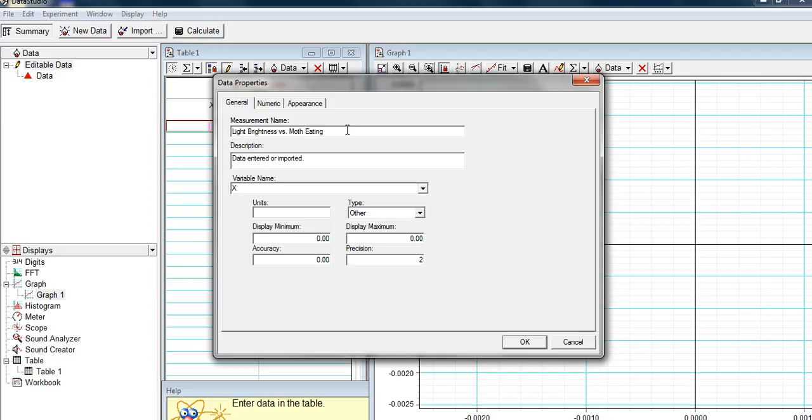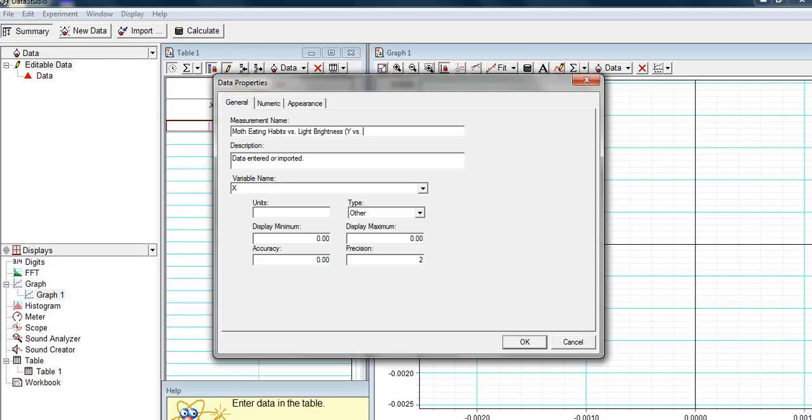We want to go y versus x. So the y would be the dependent variable, so it would be moth eating habits. That's the dependent variable versus the independent variable, which is light brightness. So it's always